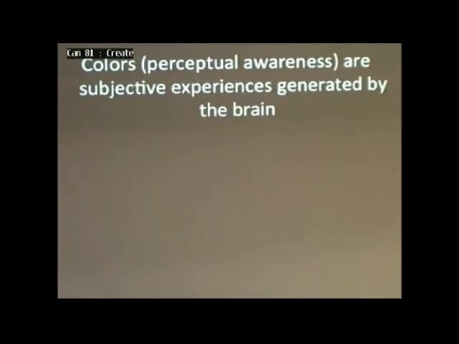Okay, can you see that? This is the same as the color afterimage, but just in the motion modality. So the point of that is color sensations, as well as all